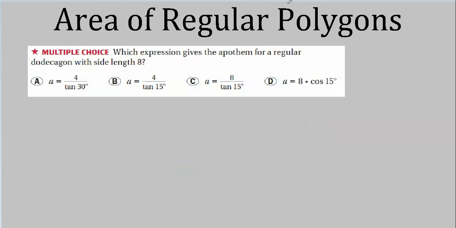Well, I think that to work this problem, the first thing you need to do is look up dodecagon. It's not a word I hear thrown around a whole lot. Well, it's probably because you don't see a whole lot of them. I mean, if they were more common, you might hear the word more often. A dodecagon, that's a polygon with 12 sides.